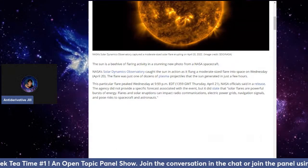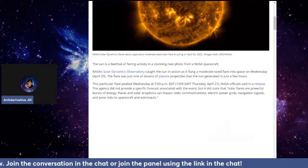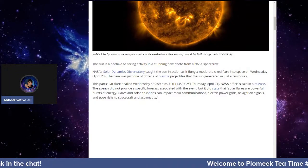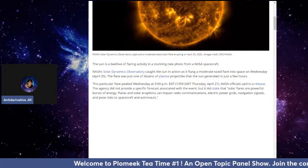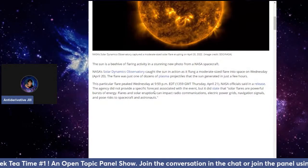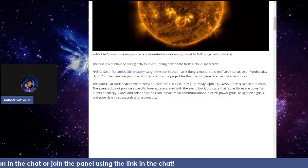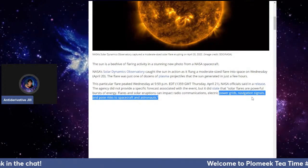Hey, go away. Okay. Into space on Wednesday, April 20th. The flare was just one of dozens of plasma projectiles that the sun generated in just a few hours. This particular flare peaked Wednesday at 9:59 p.m. Eastern Standard Time, NASA officials said in a release. The agency didn't provide a specific forecast associated with the event, but stated that solar flares are powerful bursts of energy. Flares and solar eruptions can impact radio communications, electric power grids, navigational signals, and pose a risk to